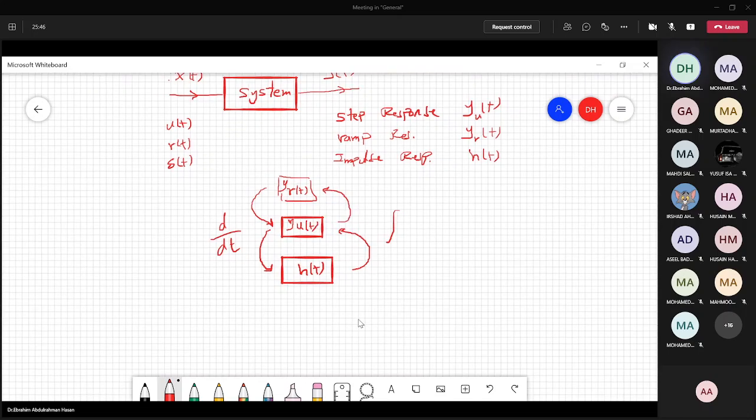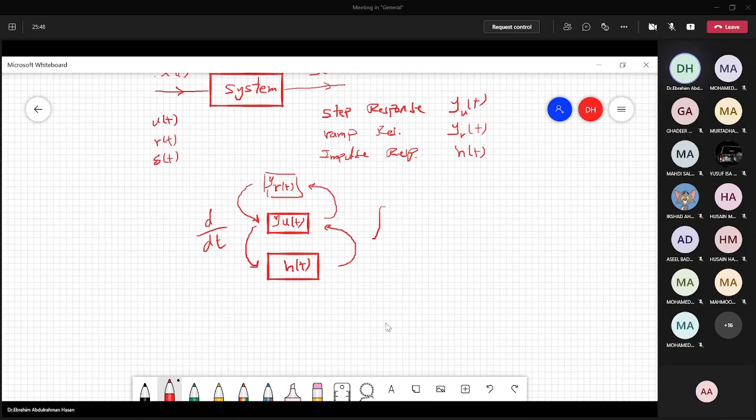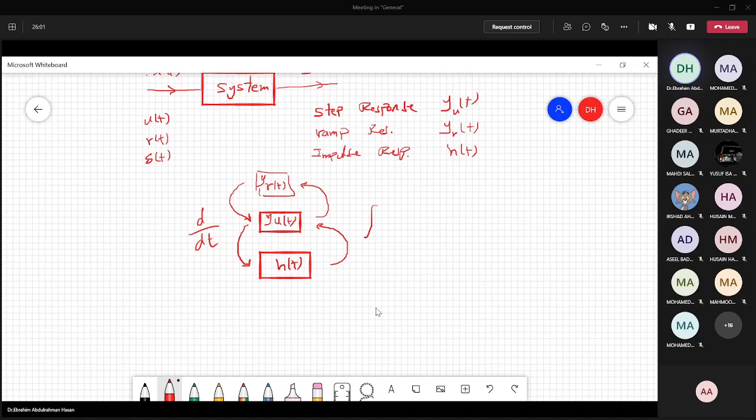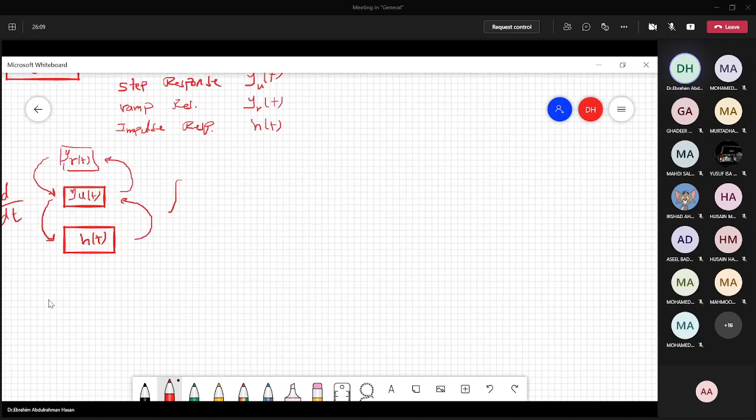Okay, for a linear system, for example an RLC circuit, we call it a linear system. If you know the output for one of these, then you don't need to resolve it again for the others. For example, if we have something like this,